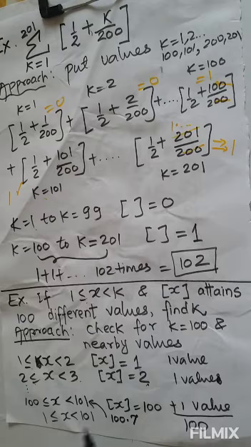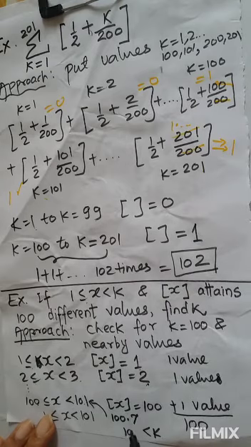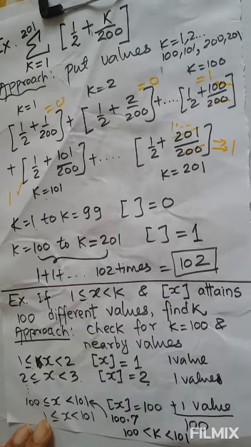What exactly is k? Is it 101 or less than that? If instead of 101, I write 100.7, from 100 to 100.7 also the greatest integer will be 100 only. So the value of k can be slightly greater than 100 but lesser than 101. So that's the range of value of k, 100 to 101. Now if the greatest integer of x is less than or equal to n, where n is some integer, in what range should x possibly lie?